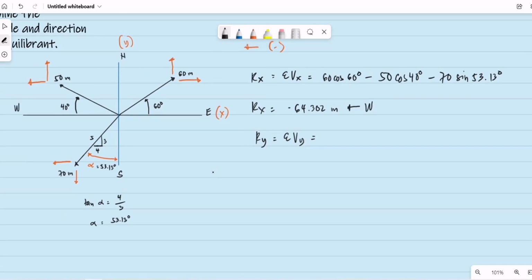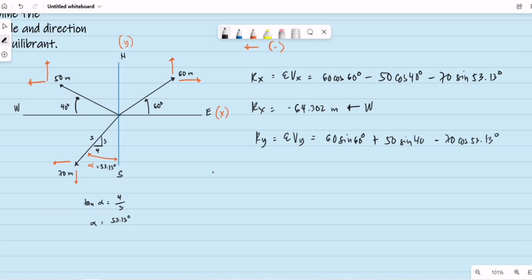So for the component of the 60 that is towards the north, it should be positive. So 60 sine of 60 degrees. Then plus, also the component of the 50 meters is towards the north, so 50 sine of the 40 degrees. Then minus, the component of the 70 is downward or towards the south. Minus 70, then this should be a cosine of